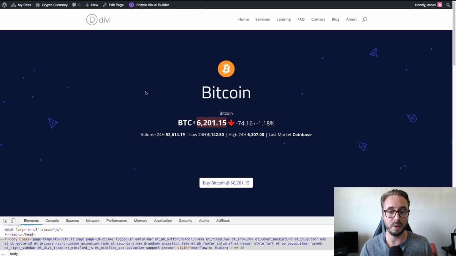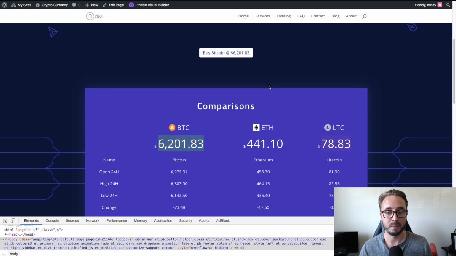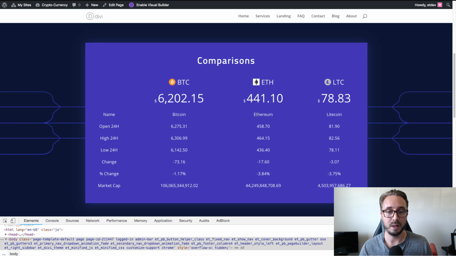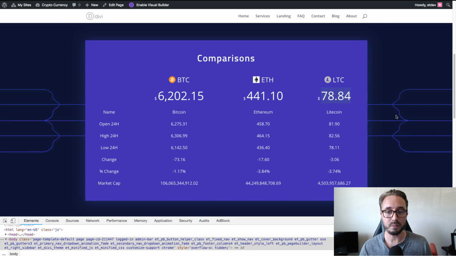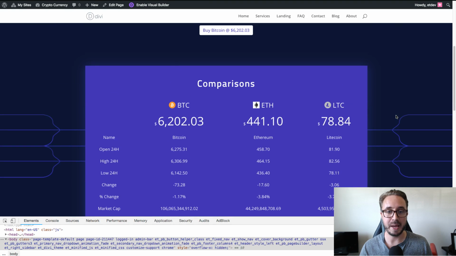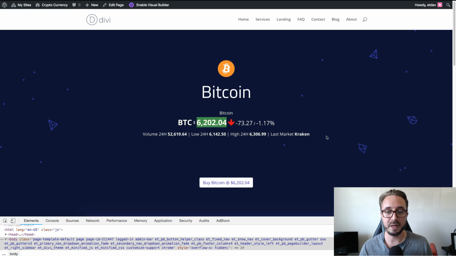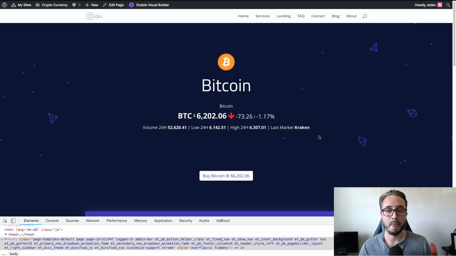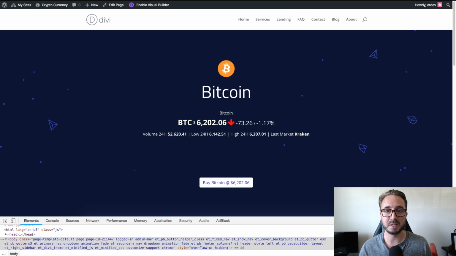URL for Bitcoin, which I just created, for fun, a Bitcoin page with some of these widgets for an option there. This is a comparison widget that I put on here. As you can see, it looks really nice with the layout. Just for an example. And this here is actually the leaderboard widget, which I've centered the text and all that. So that's just some example of what's possible with these widgets. I hope that was helpful, and let